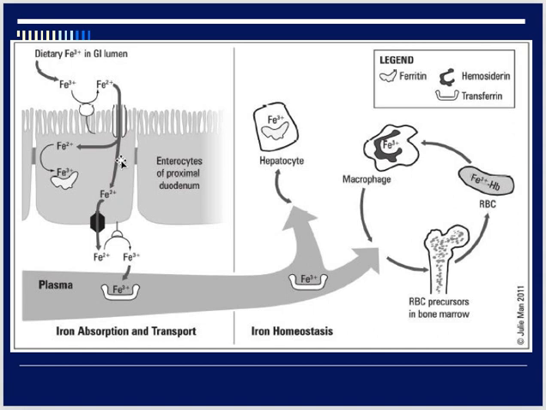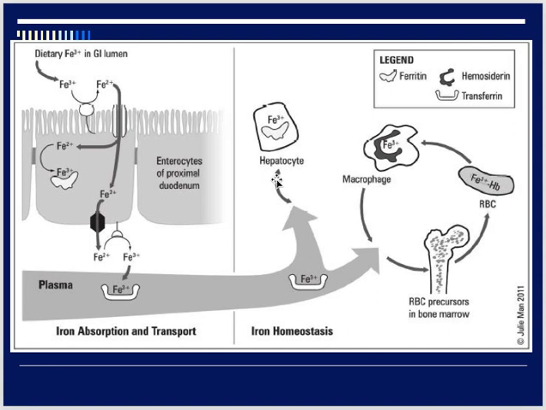If it is transported out of the enterocytes, it is taken in the blood, and it is transferred in the form of transferrin to different parts like hepatocytes, macrophages. Some of the iron is combined with the hemoglobin, like in the RBCs, circulating in the blood in the form of RBCs as well. So ferritin is the stored form of iron.